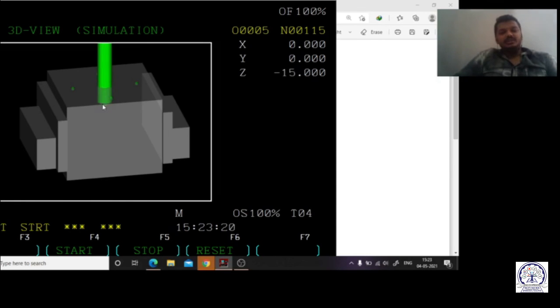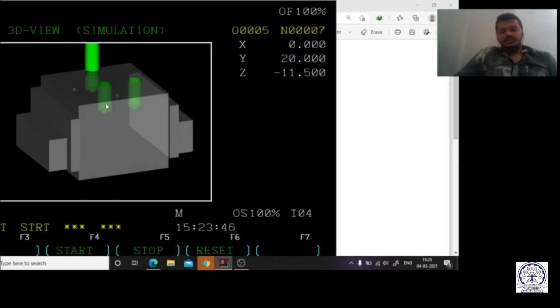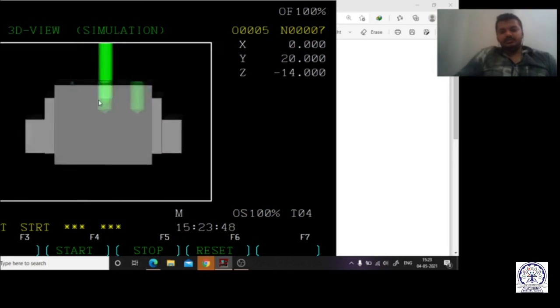So this is how the peg drilling operation will be going on. So in all the four positions, all of you can see how much depth we have given over here also.